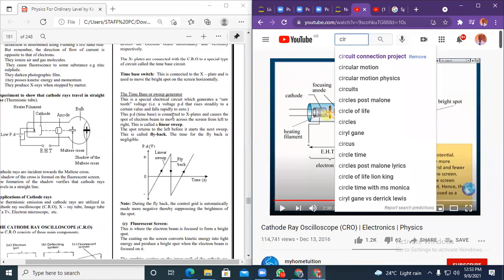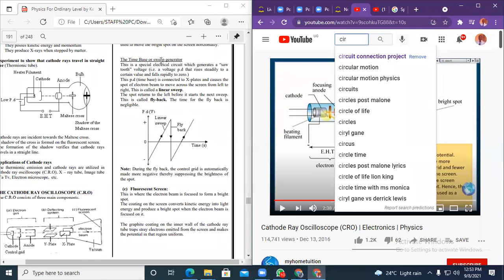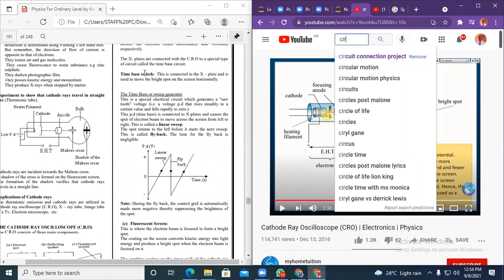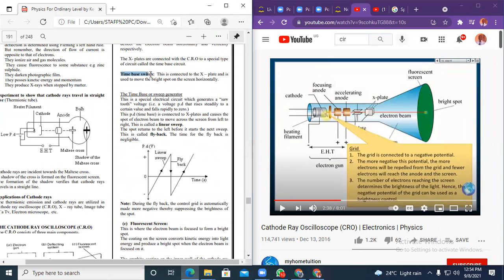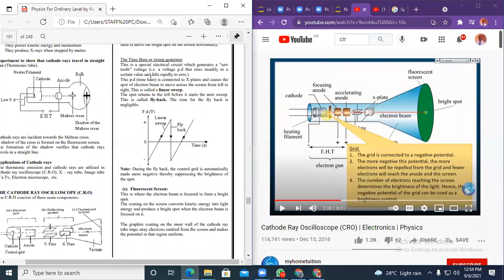The time base is a special electrical circuit which generates a sawtooth voltage. Sorry, the other one was the time-base switch that is connected to the X plates. And then the time base is the electrical circuit which generates a sawtooth voltage,